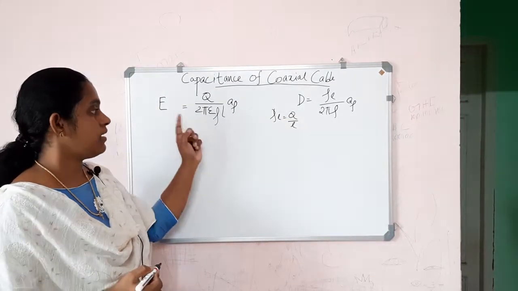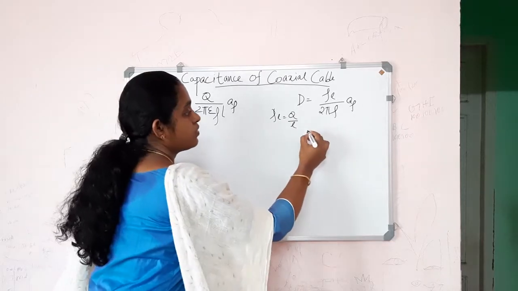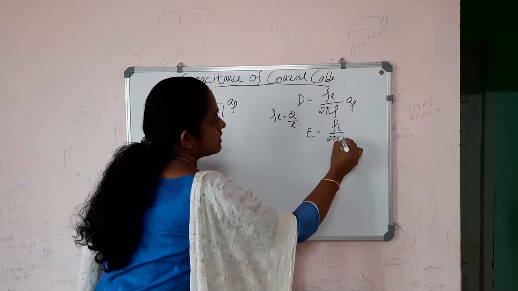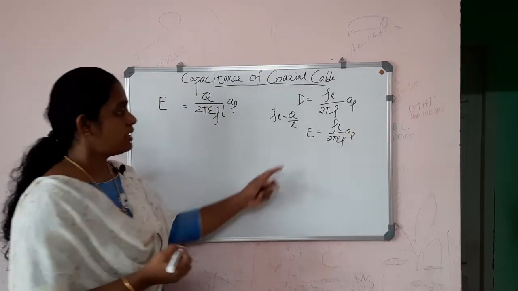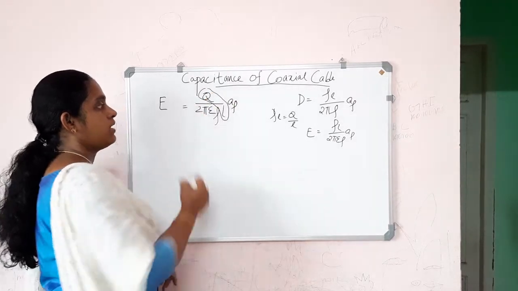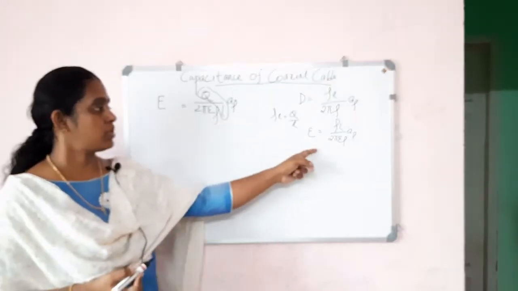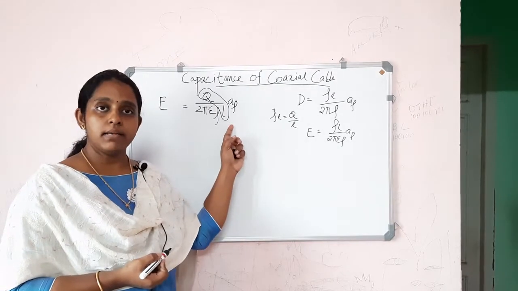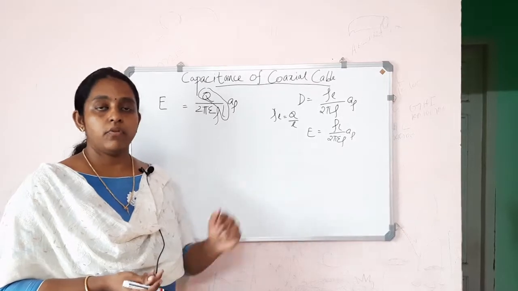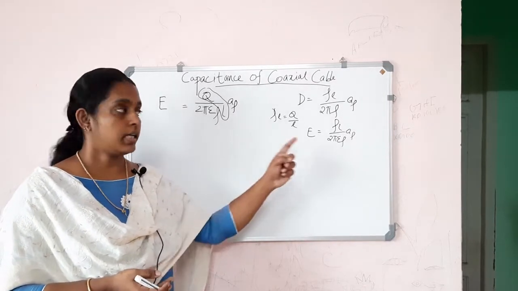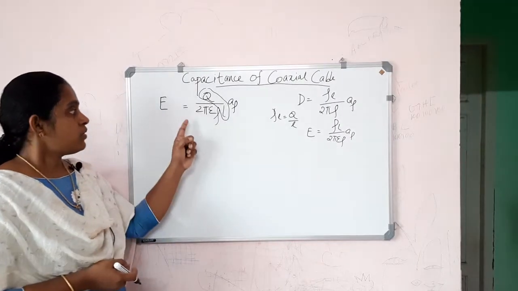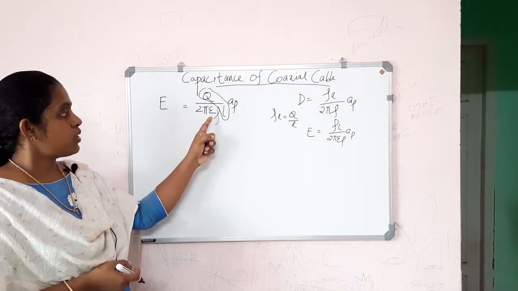And here we are taking E. So in that D we can substitute E is equal to rho L by 2 pi epsilon rho A rho. So both these equations become same. Here Q by L we take as rho L, linear charge density, both these equations are same. So the coaxial cable is the same case as that of the cylindrical surface we took for the linear charge density, what we derived during the application of Gauss's law, the same equation. Okay, so now E is equal to Q by 2 pi epsilon rho L A rho.